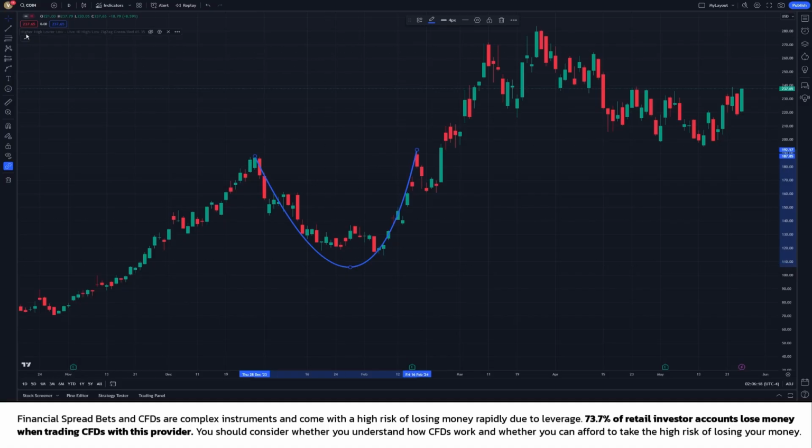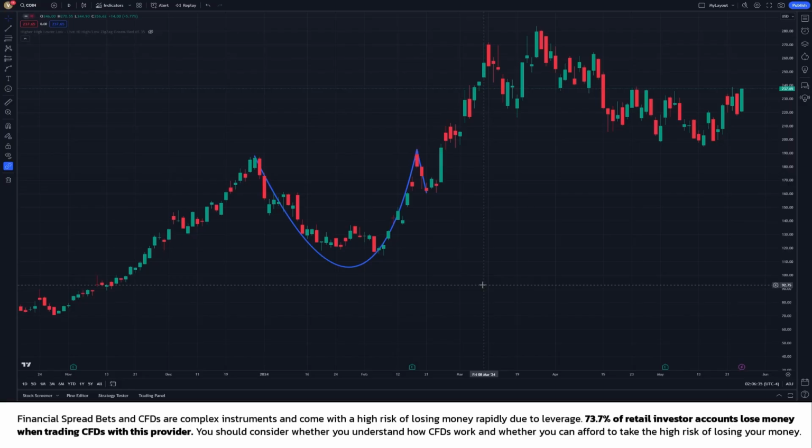Following the cup, we look for the handle, which is a smaller pullback from the new high. The handle is often formed by a slight downward drift in prices, resembling a flag or a pennant. It typically does not drop more than 1/3 of the cup's height and should appear on the upper right side